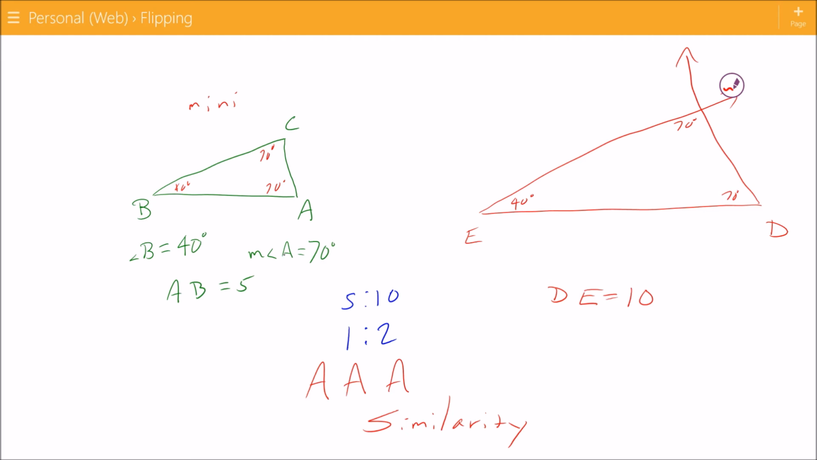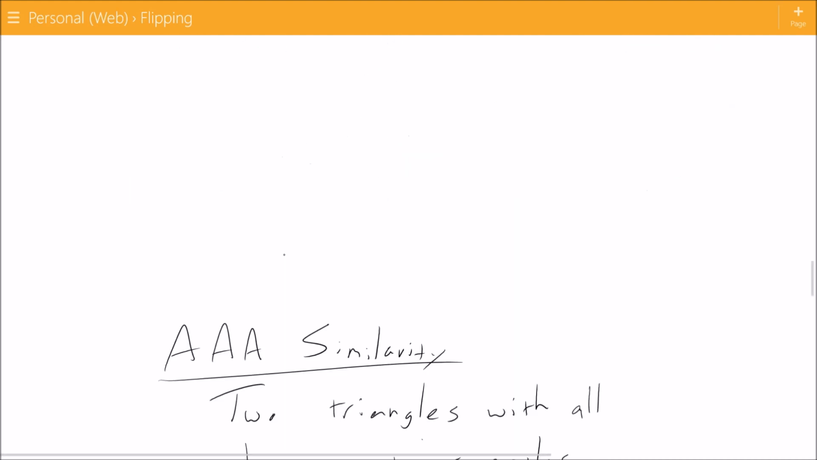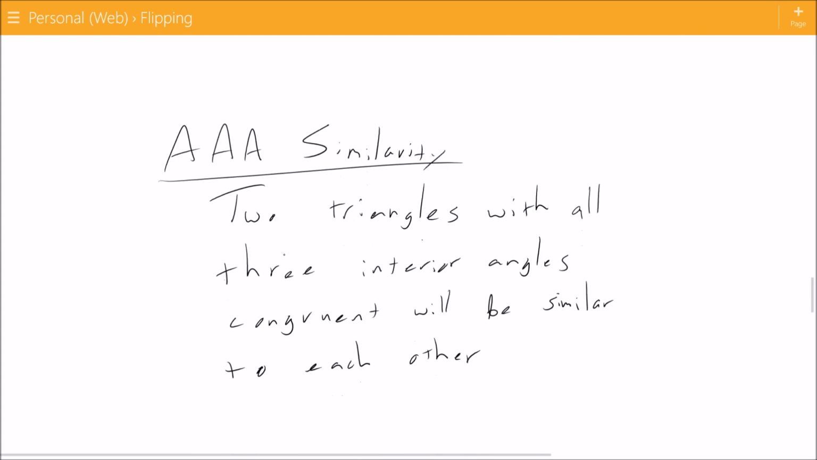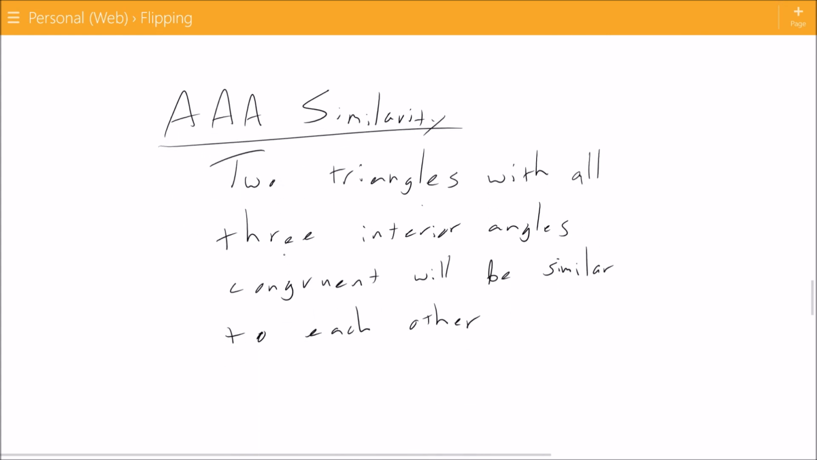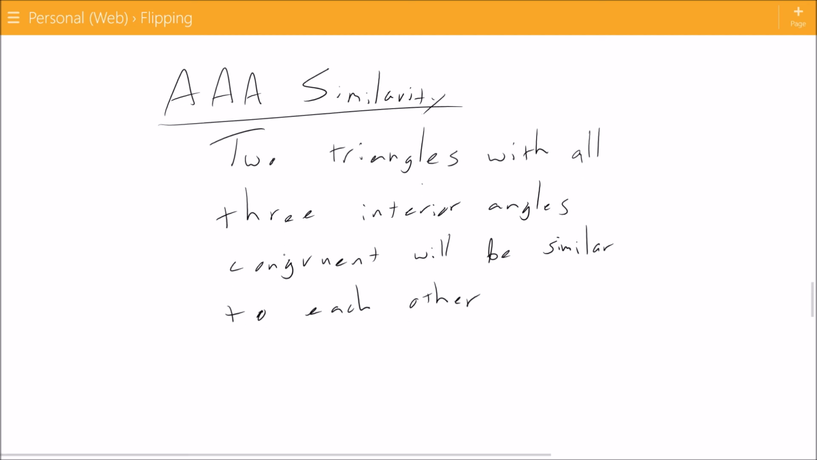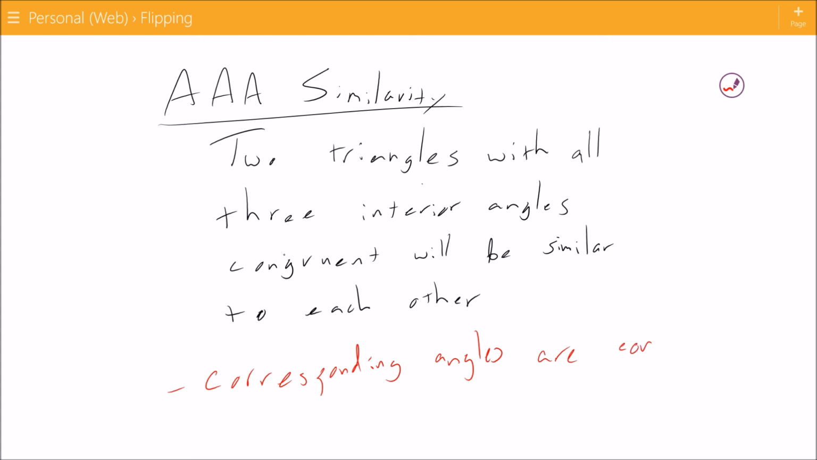You will have corresponding parts having the same ratio with each other. So angle, angle, angle is a way to prove that two triangles are similar. Two triangles with all three interior angles congruent will be similar to each other. And just to add on to that, you can say that corresponding angles are congruent